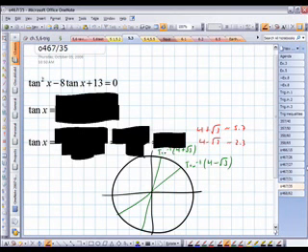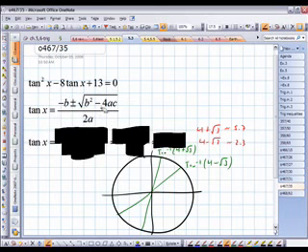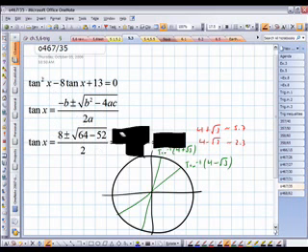Okay, tan squared x minus 8 tan x plus 13 equals 0. You can't factor it, so it's a quadratic equation in tangent, so we use the quadratic formula right here, where our variable is tan x, our b is negative 8, our a is 1, our c is 13. We plug it into the quadratic formula and get all this. And so tan x is 8 plus or minus 2 rad 3 over 2, which reduces to 4 plus or minus rad 3. And so to find these spots,